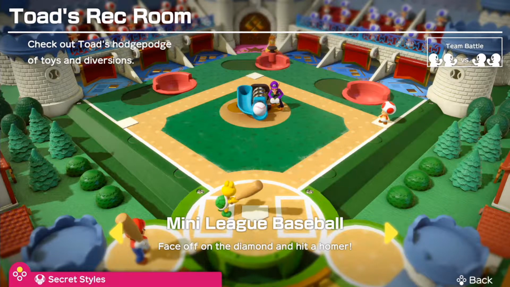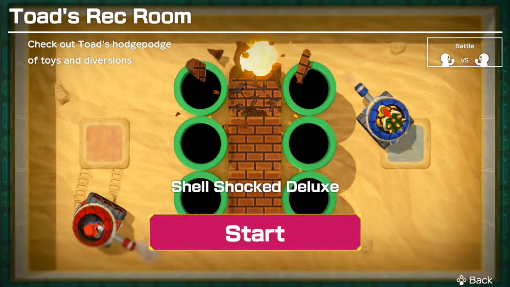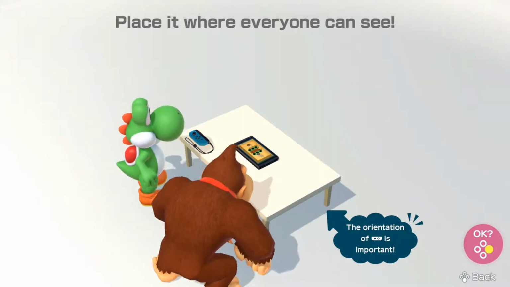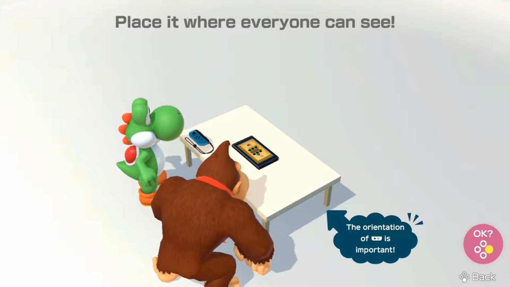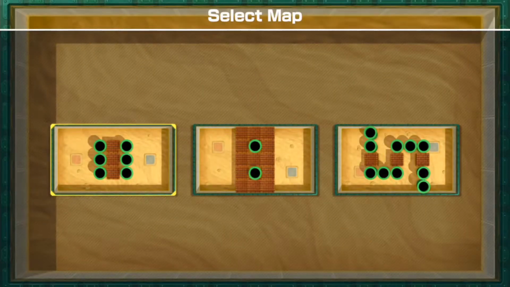Alright, now let's move on to the next game of Toad's Rec Room, and that is Shell Shocked Deluxe. Basically it's a spiritual sequel to Shell Shocked from Mario Party 2, and especially notable for Mario Party: The Top 100 as well. And obviously the noticeable difference is that you can play this either in TV mode, or in tabletop mode, in this case trying to place your Nintendo Switch